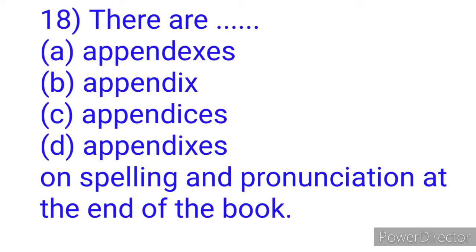The second meaning of the word appendix is a section or a table of subsidiary matter at the end of a book or document. For example, at the end of the Advanced Learner's Dictionary, you find the appendix. That section does not deal with word definitions. And the plural of appendix as found in books is not spelled the same as the appendix that is found in the human body. The plural of appendix that is found in books is spelled